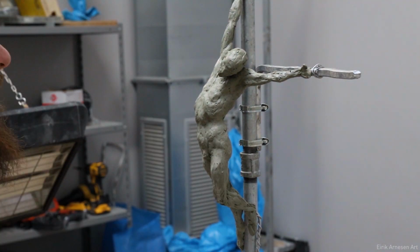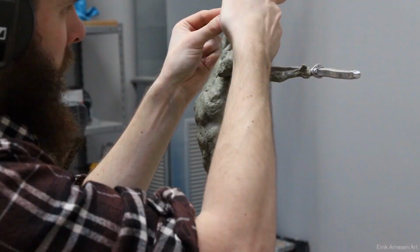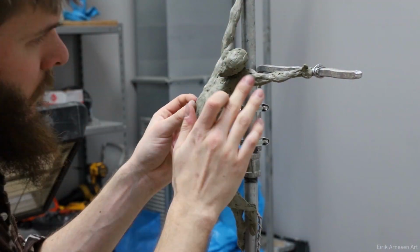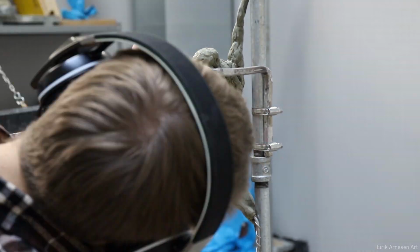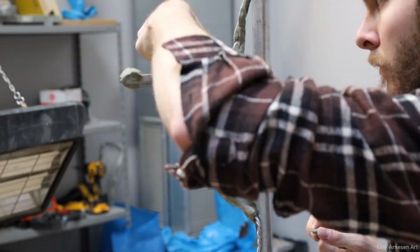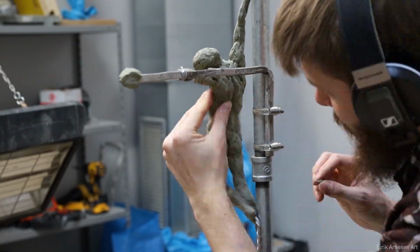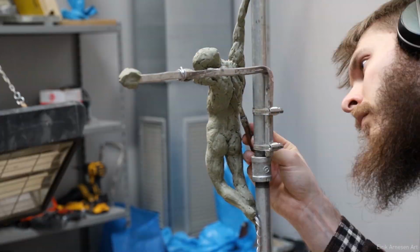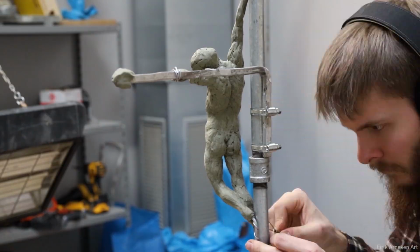holding the figure up. To sell that idea, I swung the body underneath his raised right arm, I tilted his ribcage to the left, and I tilted his pelvis to the right, creating a kind of hanging contrapposto in a way. To get some gesture out of the side view, I decided not to have him stretched out on the cross, but attached his feet slightly higher up,